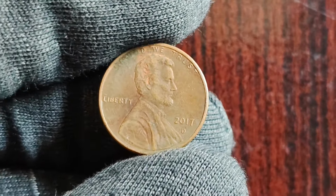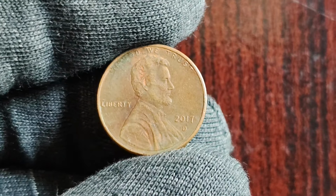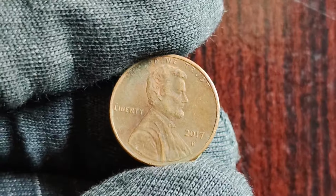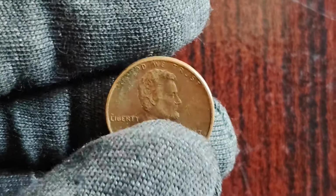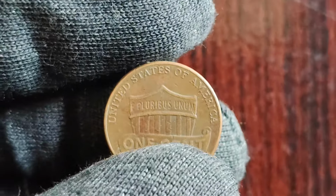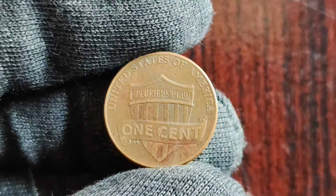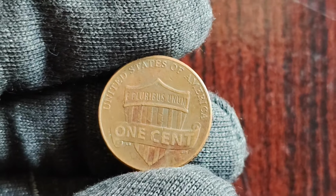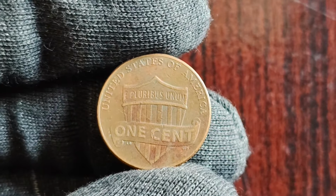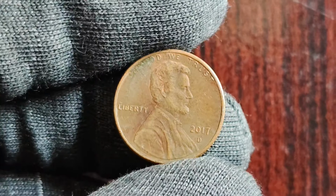The first thing you'll want to examine is the overall condition of the coin. For collectors, a penny in pristine, uncirculated condition can be worth significantly more than one that shows signs of wear. Coins are graded based on their condition, and the higher the grade, the better. For example, coins graded at mint state 65 or higher are often the ones that can fetch high prices at auction. In these top-grade coins, you should see a sharp and clear design with no visible scratches, marks, or discoloration,